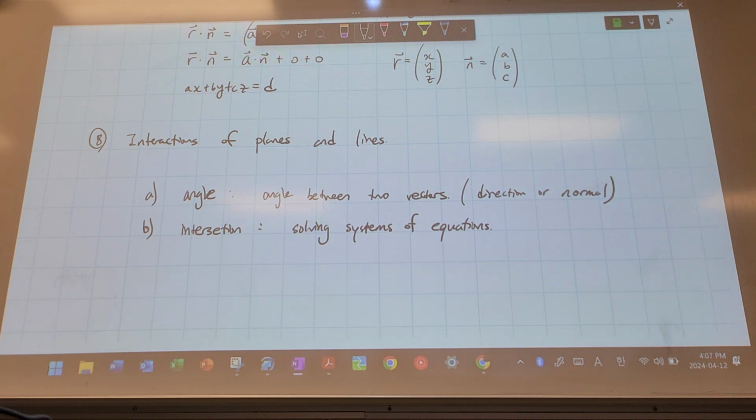If you are trying to find the intersection between a line and a plane, that's kind of different. Basically, you substitute the parametric equation of the line into the Cartesian equation of the plane, and then suddenly you have just a one-variable equation. If you're trying to find the intersection between two planes, you try to find the line of intersection. To find a line of intersection, you need a position vector and a direction vector. So you first randomly choose one position vector, and then you find a direction vector by finding the vector product of